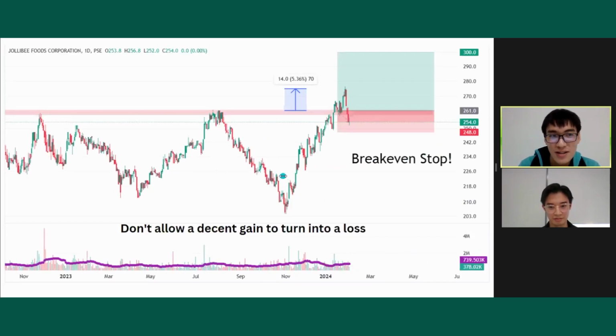So that's how you do it. Here's an example. So ito, Jollibee. Let's say may resistance level ka dito. Let's say you bought the breakout. Uy, you're up 5% na, di ba? Medyo happy ka na, di ba? Then what happens? Yun, bumagsak. So in this case, dapat nag-break even stop ka na, right? You should have sold at break even para malimit mo na yung downside. Kasi you're up 5% na, so why would you watch it go down below your entry price, di ba? Medyo masakit na yun. So it's all about managing these types of trades para you limit your risk. So if you're up na, don't let it turn into a loss, di ba? So ayun.